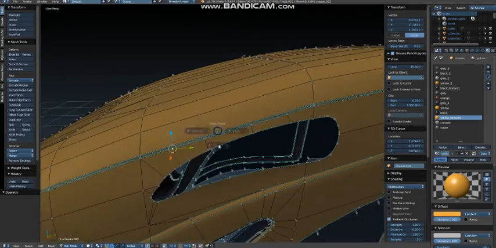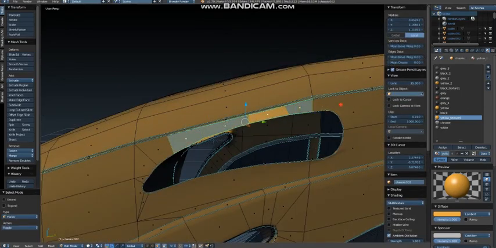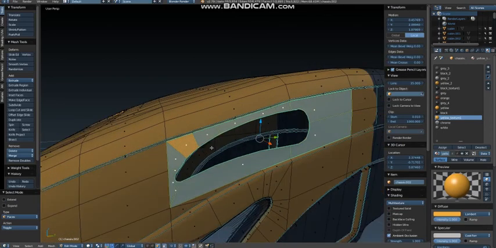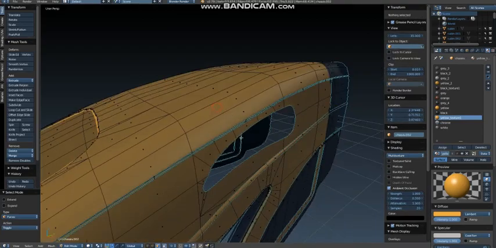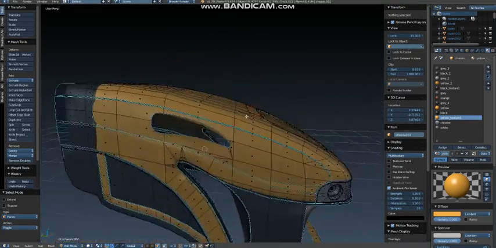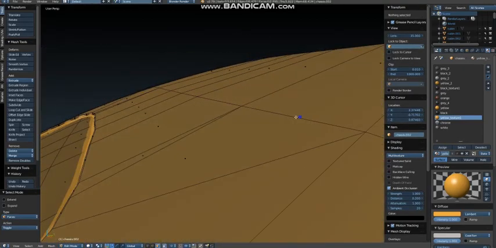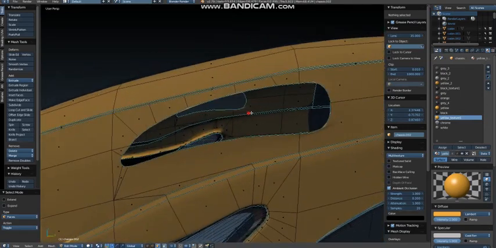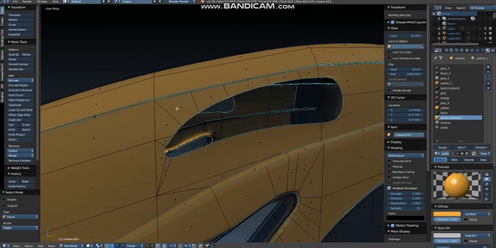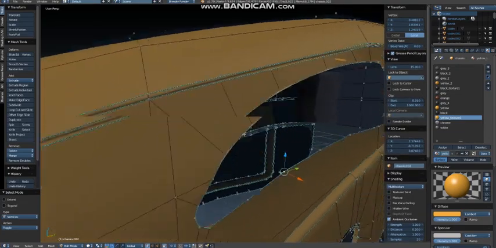You really need those two kind of... Either this needs to be its own separate piece, or you need those edge flows to go all the way around and match up on that side. But again, as a quick hack job to show you that you shouldn't have loose vertices, that's hopefully enough to